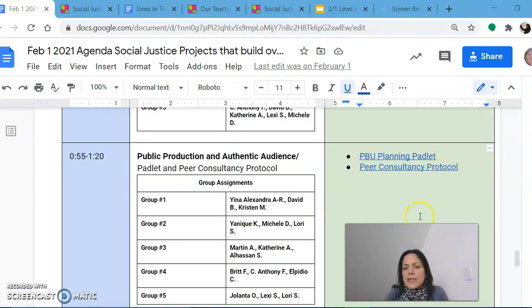If you are doing this as a group, after you do the planning in the Padlet or on your separate sheet of paper, you can work through the peer consultancy protocol. This is found on this link here. And each